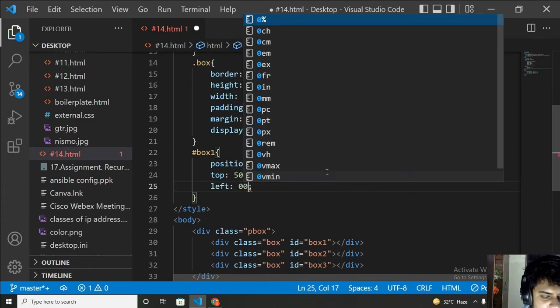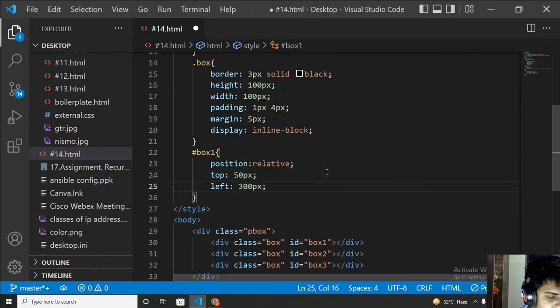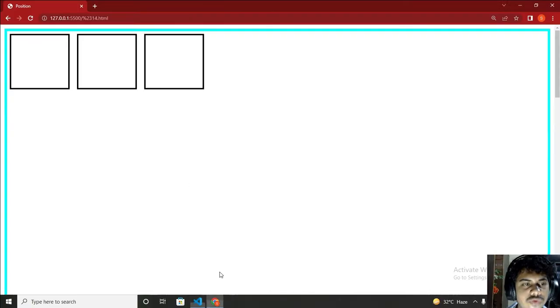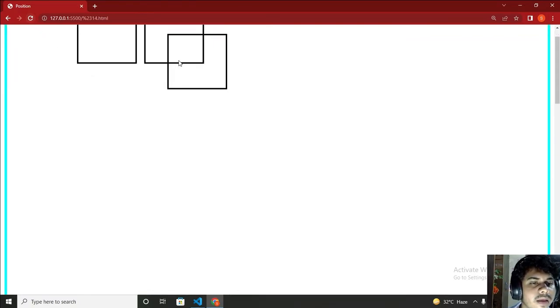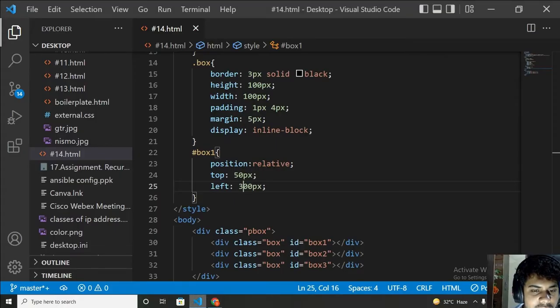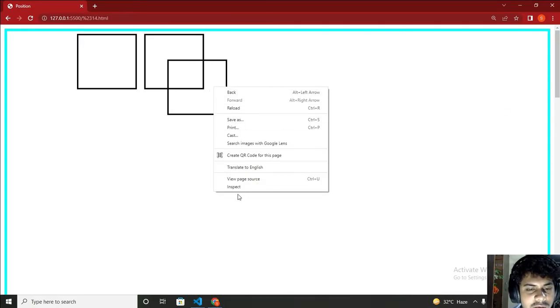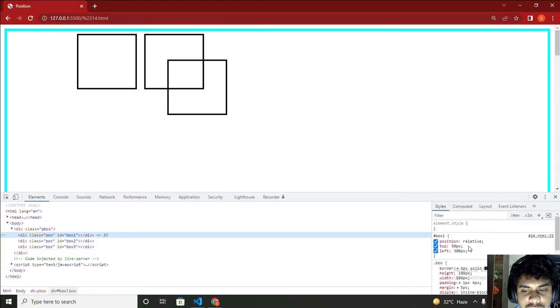I will show you what this 300 is. Let me refresh now, and you can see that the box I took, my first box, has moved here. Now if I inspect it, you can